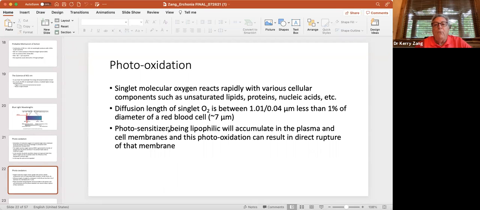And it reacts with the proteins, nucleic acids, unsaturated lipids. The diffusion of singlet oxygen is less than a million microns. It's so small, it's less than 1% of the size of a red blood cell. But it is lipophilic, it accumulates in the plasma and cell membranes, and this photooxidation can result in direct rupture of that membrane, which is in the